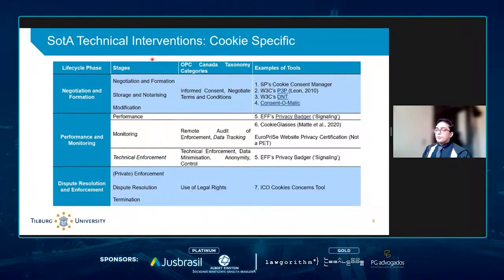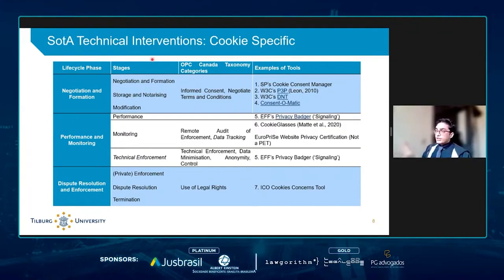And so, for addressing this, we come to the second part of the design science methodology, which is an analysis of existing solutions. So we conduct a state-of-the-art study of the technical interventions that are available. We conduct this in a broader form in chapter 2, but right now, we have a purpose of selection of cookie consent management and tools that assist users with cookie consent management. And we do this in order to avoid the greenfield fallacy. We want to see what tools are available, what existing tools can do, and how we can build on top of that, or how we can contribute to that.